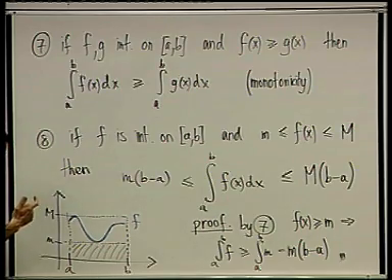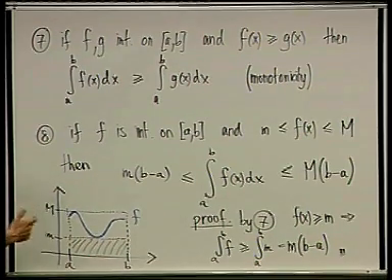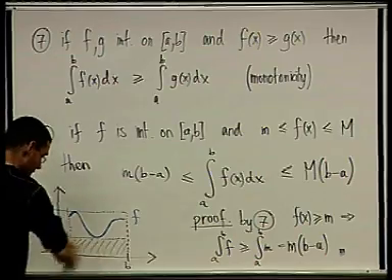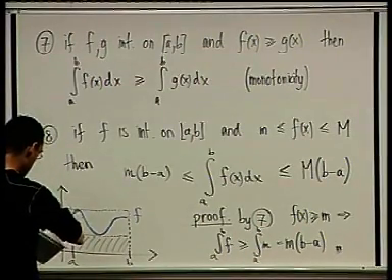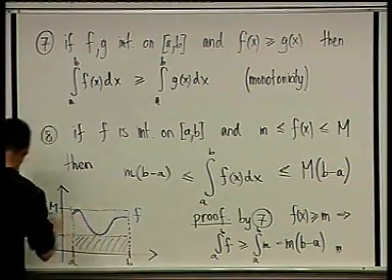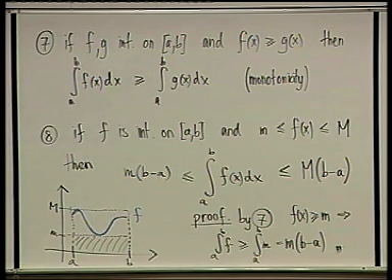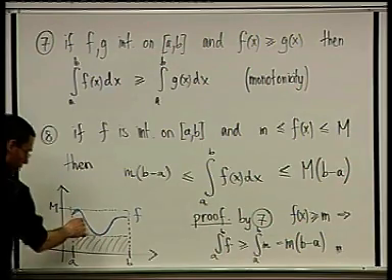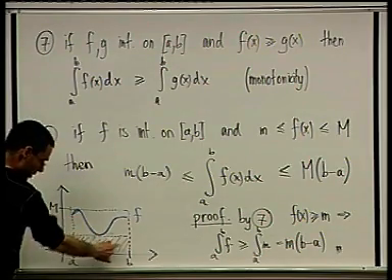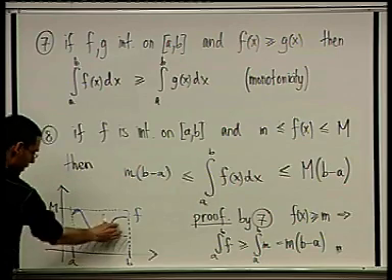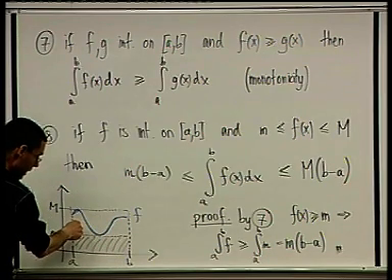Now the statement is that there is actually some value c lying between a and b, such that the integral, the area under the blue graph, which is this plus these two areas, actually equals